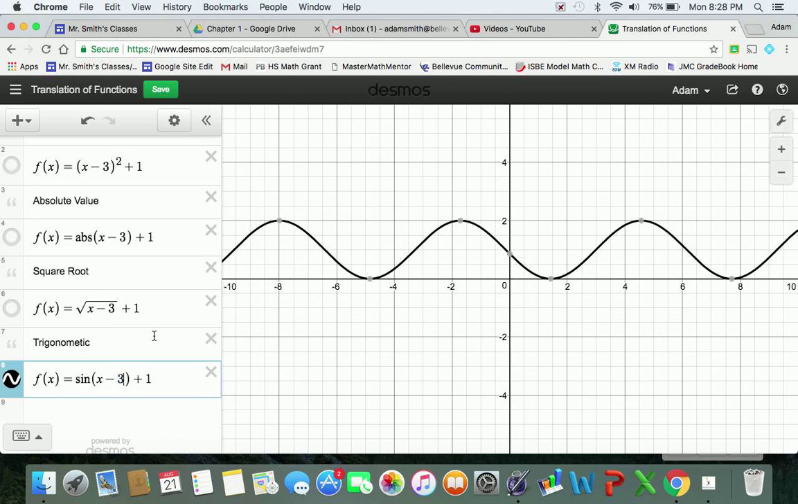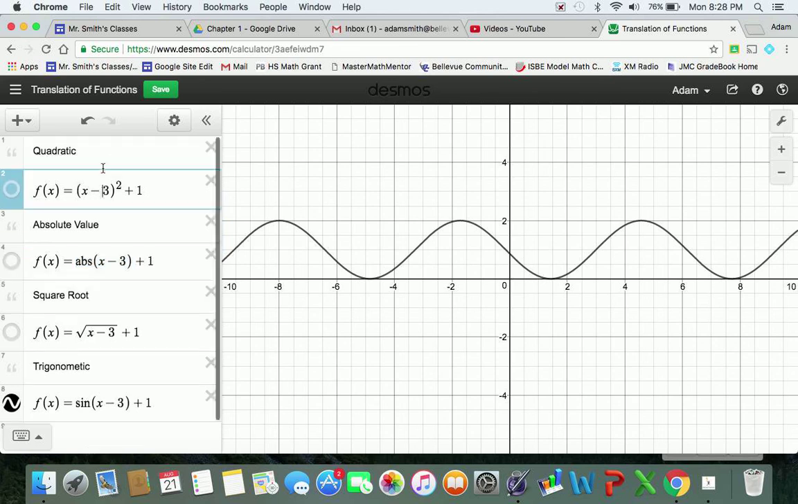You have to know the basic function, what it looks like, the parent graph, but if it's inside the quantity, inside the square root, inside the absolute value, inside the parentheses, that number does the opposite. And so since it's minus 3, it moves right 3. If it was a plus, it would move left. This number at the end makes our functions move up or down. Okay, so we need to know what the parent functions look like, and then we're able to draw sketches just based on